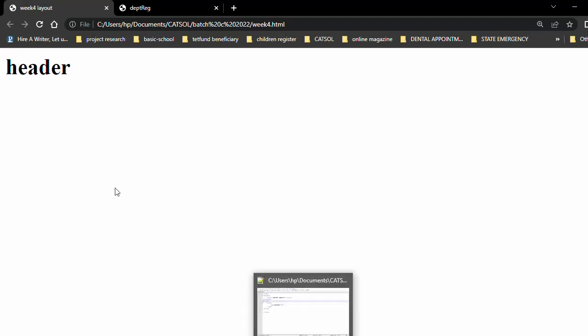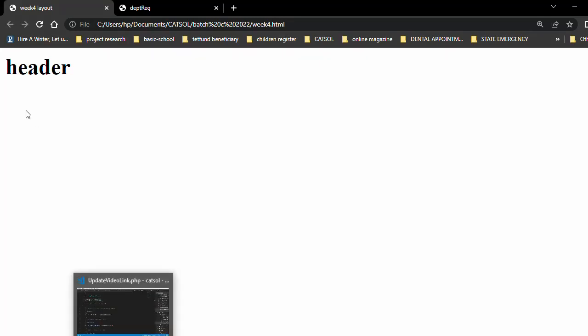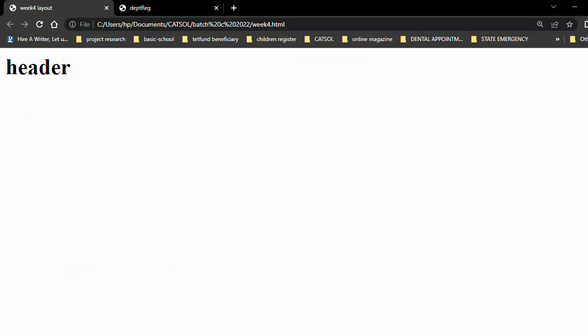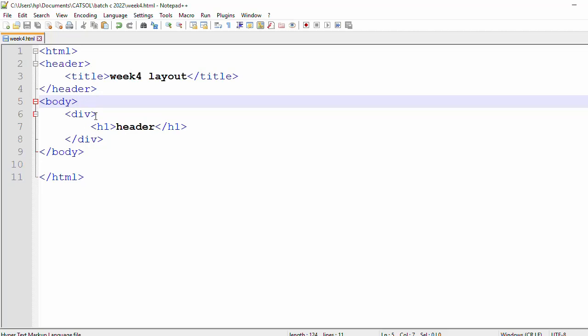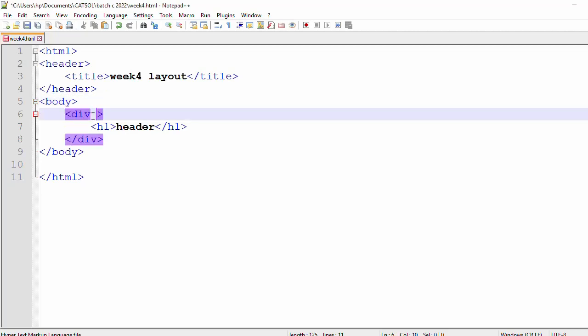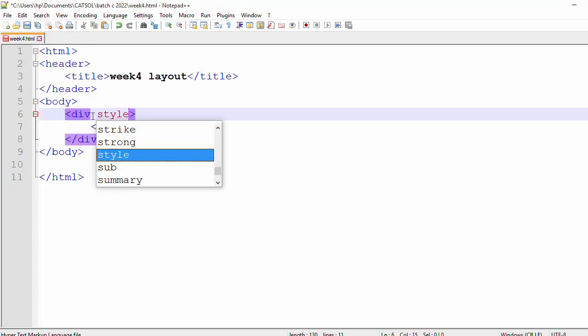So what we mean by div is that maybe you want to have a kind of portion inside your screen, or a particular segment of the screen. That is what we call a div. Now let me give this one a kind of background so that you'll be able to see exactly what I'm talking about. If we now give it this style,